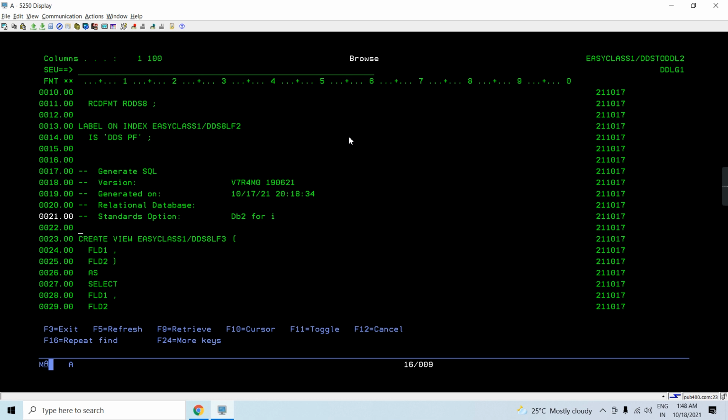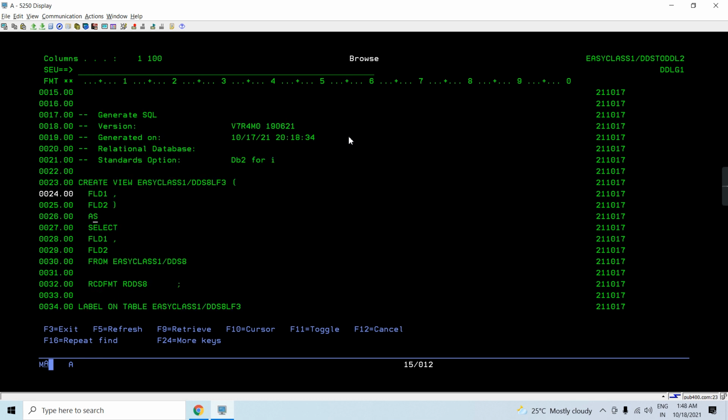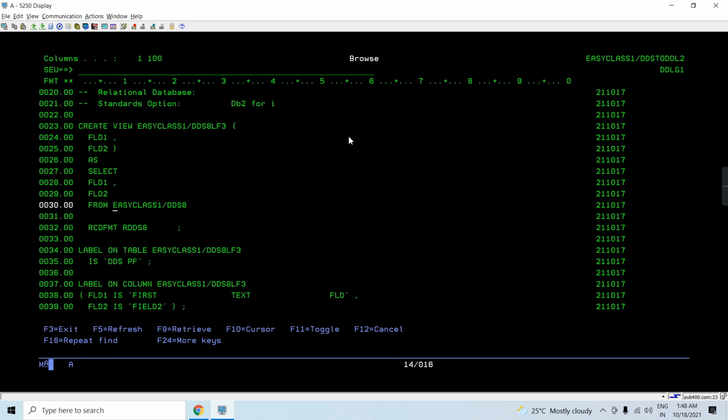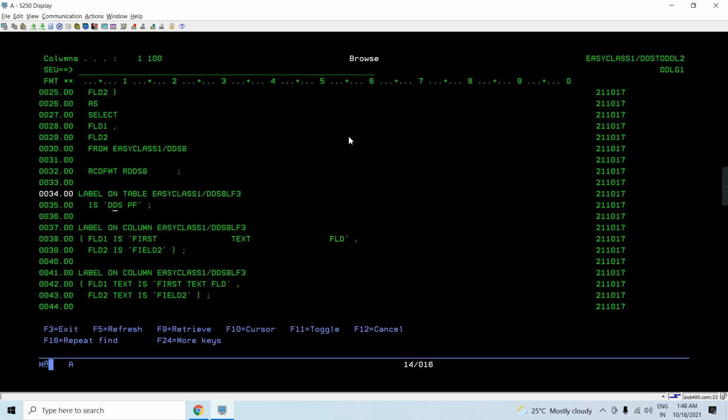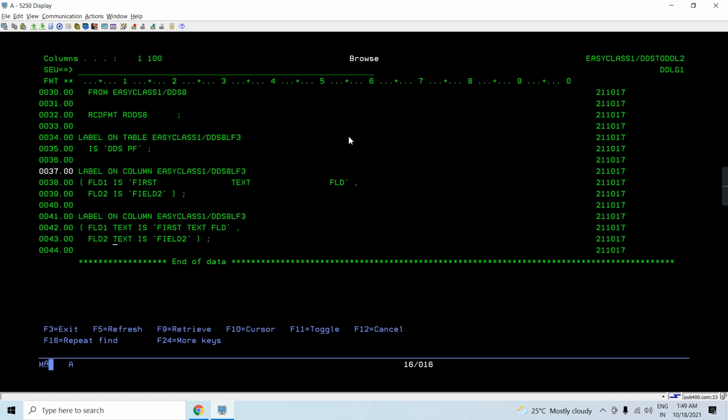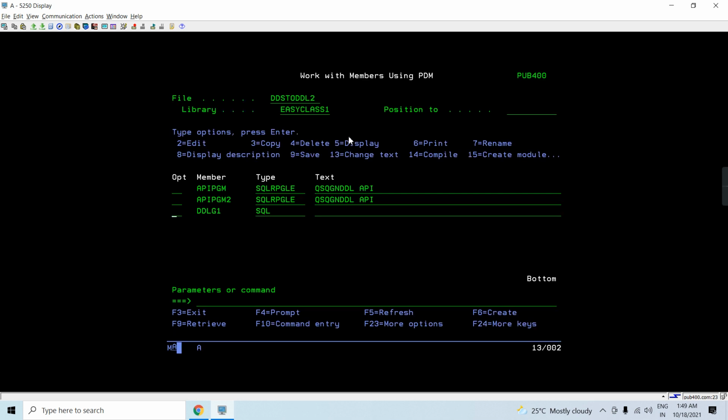You can see the headings, create view, this as select this from this table, you got format this label on this. So we have inherited the other things as well, that is the heading part and the text part and the label on table thing.